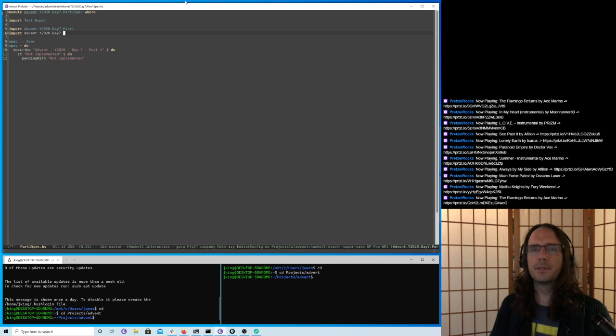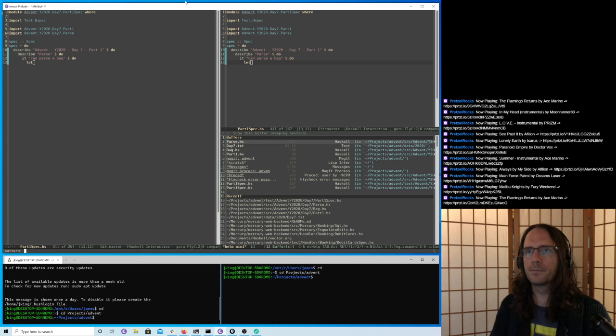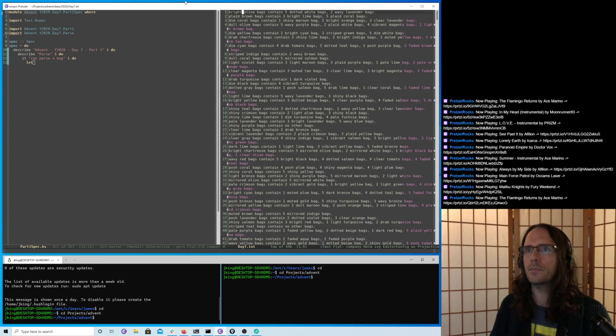Okay, day 7. So let's describe the parser. Parse a bag. That's what it can do. Let's just take an example straight out of our input. That also helps a lot. Let's just put a little space on these. Because why not? Yep, so then we get that. And then we can do parse only the bag B input. This is in the right